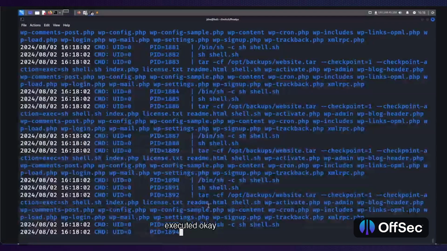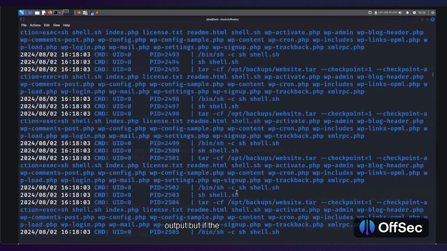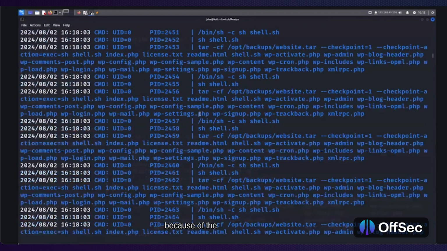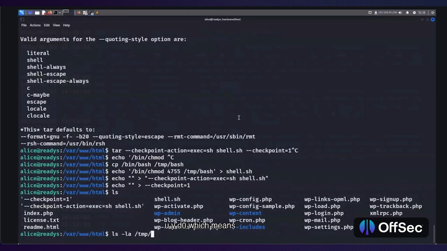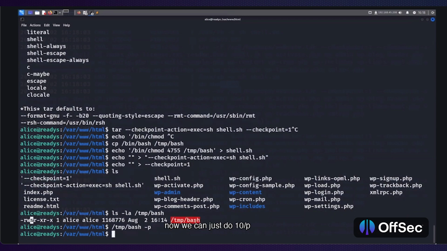Okay, so I don't know why it's spamming this huge output, but if we look closely, it did run this tar command because of the crontab, and it did execute our shell.sh as UID 0, which means now we should be having this as SUID, and definitely we do. It's now listed as an SUID, and now we can just do /tmp/bash -p, and